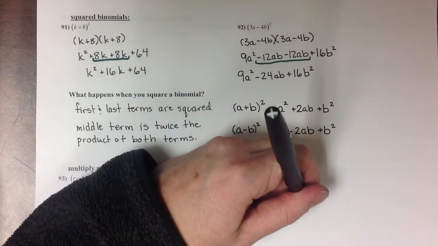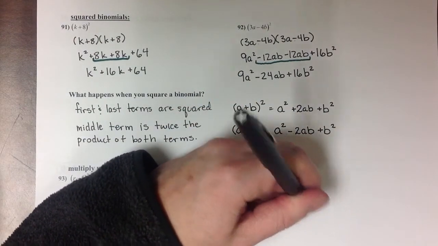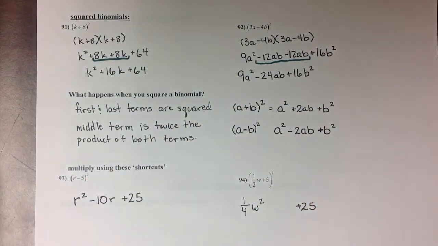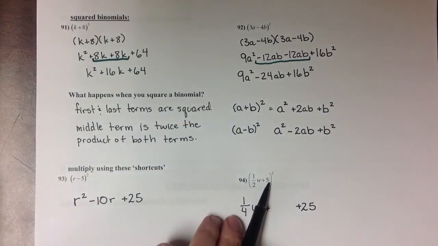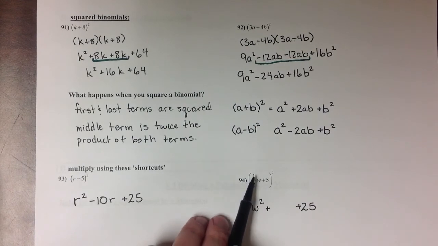The 5, when you square it, is 25, positive again. And then, because this sign is positive, when we multiply these two together, our answer is going to be a positive. So 5 times 1/2 w is 5/2 w, and when you multiply that by 2,